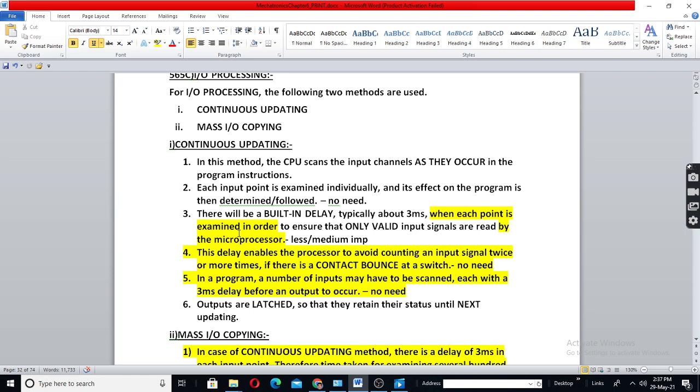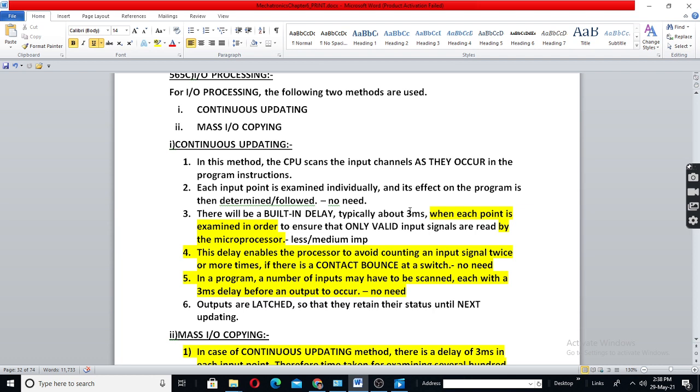But one thing, there will be a built-in delay of around 3 milliseconds to ensure only valid input signals are read by the processor. Because sometimes when you press a switch, there may be arcing. If there is no delay, then the PLC will read the arcing as a set of pulses instead of a single high.